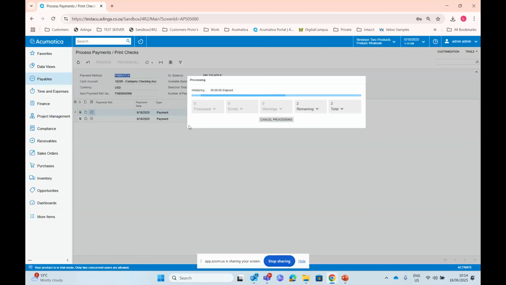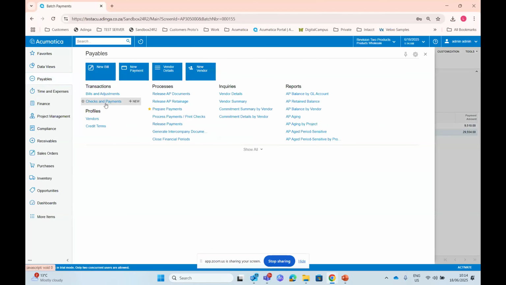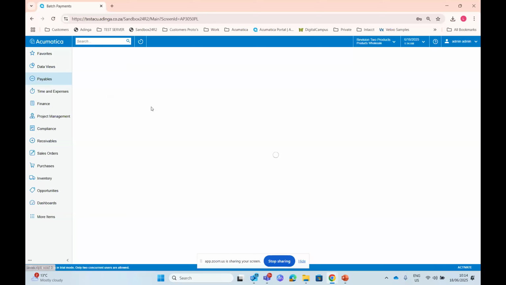So now it will take you to the batch payment screen. This is the payment that you're going to upload into your bank. While it's still on hold and you see there's maybe a payment that you don't want, you can still go in and delete the payments. You also have the option to add a payment. So maybe you've already created your batch, but now you see there's another supplier you need to pay. You can manually create a payment, come into your batch, and add it manually.